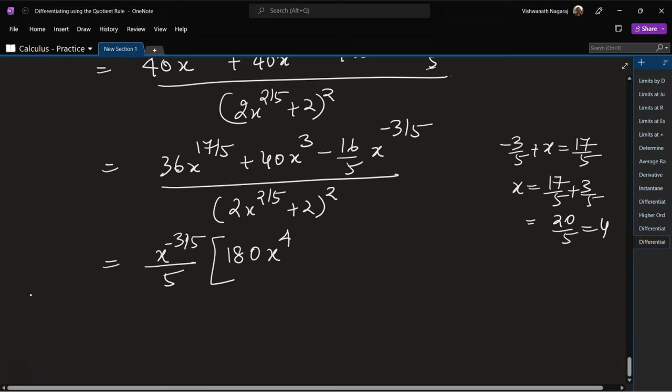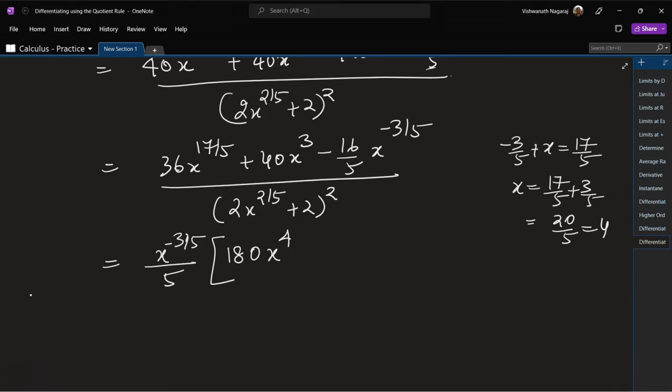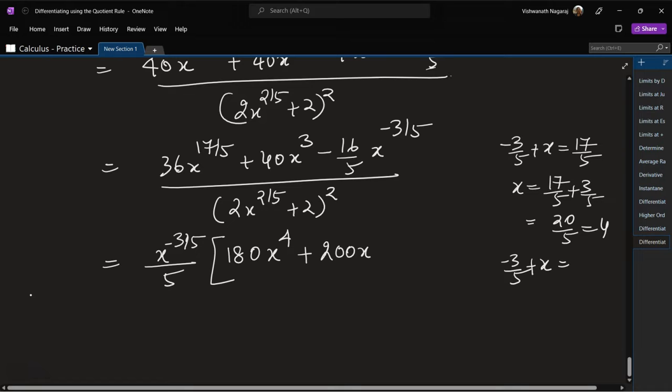So x to the power of 4 plus, same thing again, 40 times 5, so 200 x to the power. Now same thing here, minus 3 by 5 plus x should give us 3. So x will be 3 plus 3 by 5, which is 15 plus 3, 18 by 5. So this will be 18 by 5